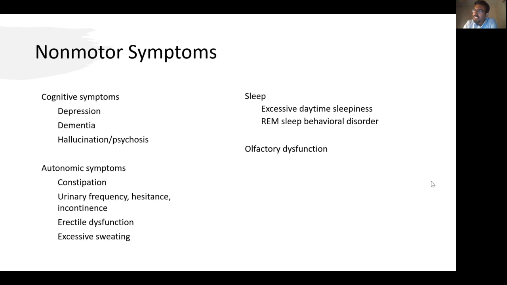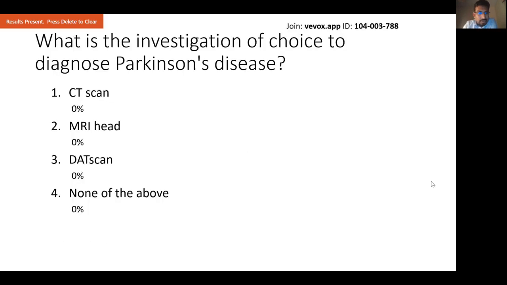A massive fraction of the patients, I forgot the number, have olfactory problems; the patient doesn't get a smell. Olfactory impairment is seen in Parkinson's disease, and some studies show that olfactory impairment can appear a few years, 5 or 7 years, even 10 years before the onset of Parkinsonism. I don't know the explanation, to be honest.